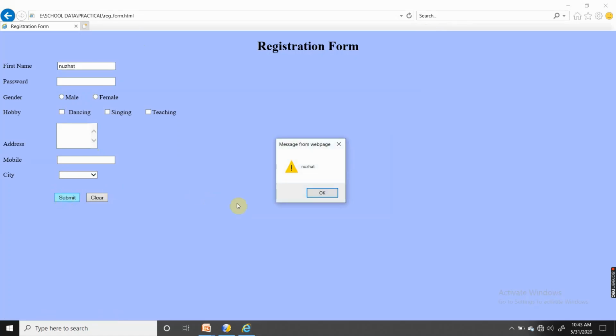Yes, I'm getting the value because I have written the code document dot form name dot field name dot value. If I remove the value and click on submit, I'm not getting any value because this field is empty or the value is missing.